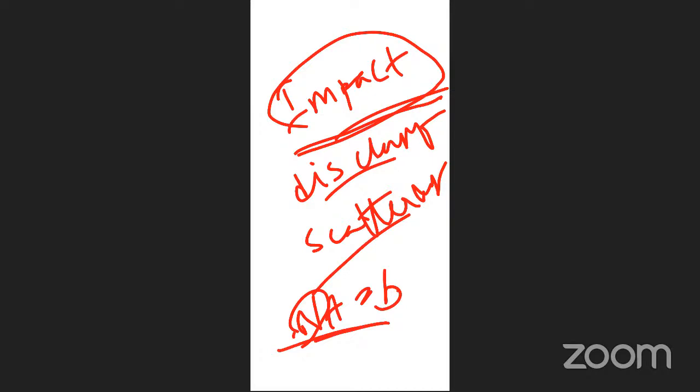And the scattering cross section is sigma equal to dN by N. This is the ratio of the number of scattered particles into solid angle dΩ per unit time to the incident intensity, called the scattering cross section. This is measured in units of barn. Okay, that is the impact parameter, distance of closest approach, and scattering cross section.